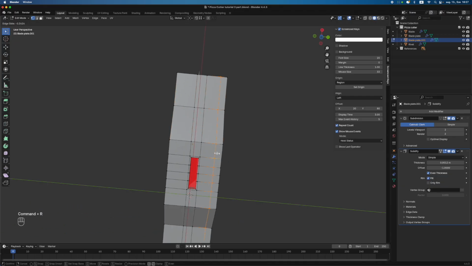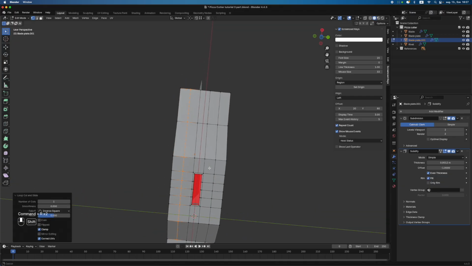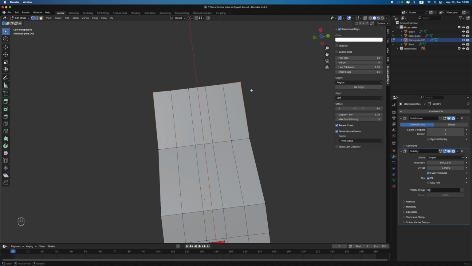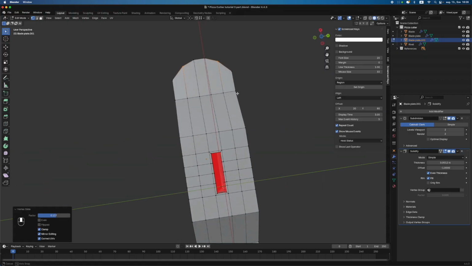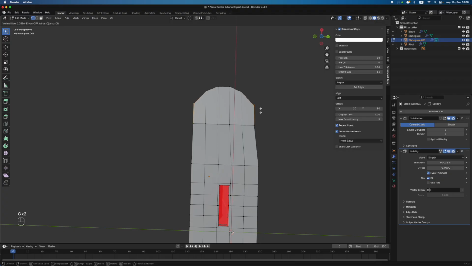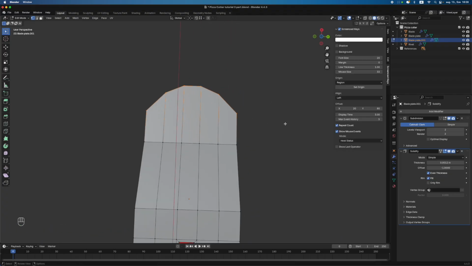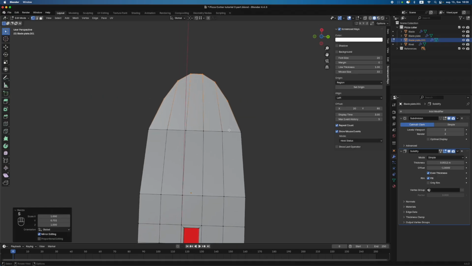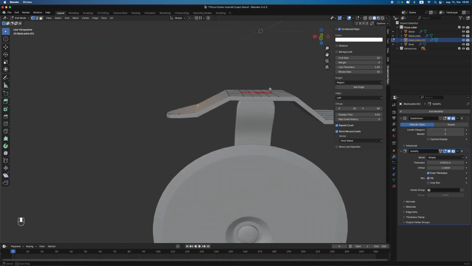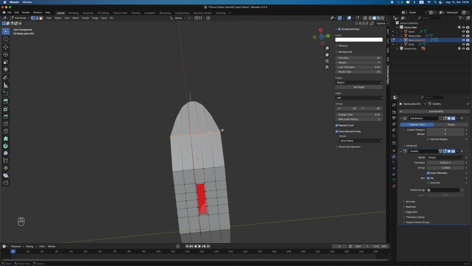put two loops here, and then I want to slide these edges down a bit, and these as well. And maybe a bit more, or maybe we can scale it in a bit also. Maybe this one a bit, I don't know, we'll see later. And